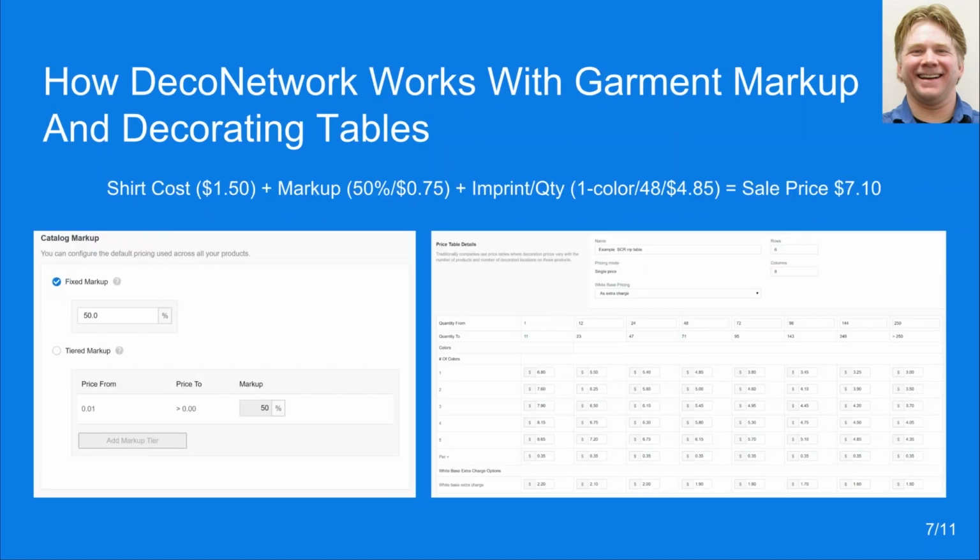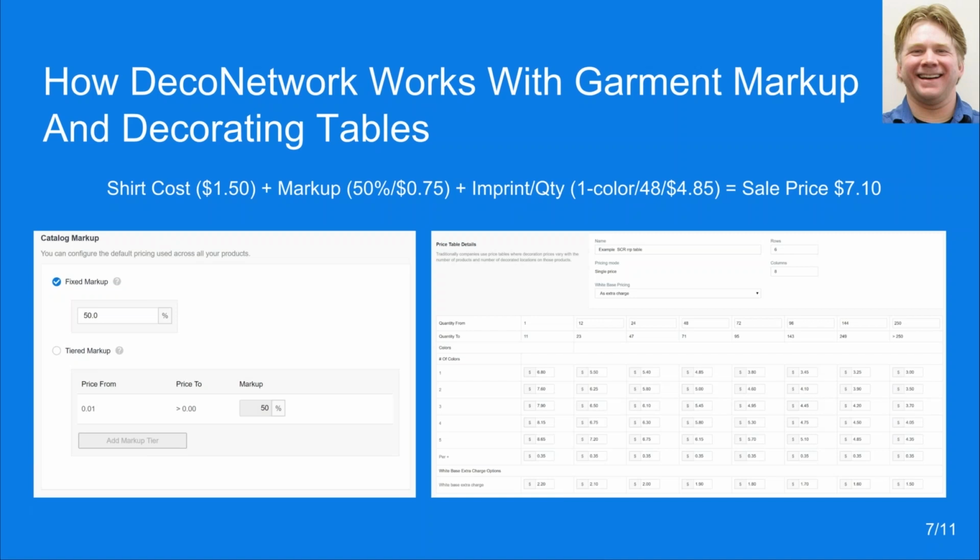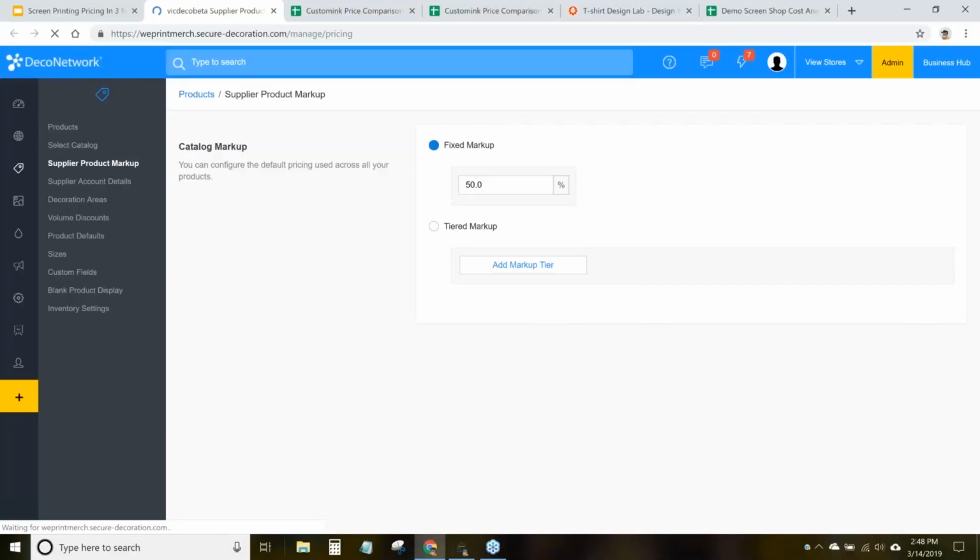So how does DecoNetwork work with garment markup in your decorating tables? In the simplest example, it takes your shirt cost and you have a store markup, which by default is just a single markup across the board. And it takes that, now it's got a marked up shirt blank price, and then it looks up what the imprint quantity is and how many colors to give a final sale price. So I've got here listed a print table and the catalog markup. For the catalog markup, this is just a demo store. That would be under your,